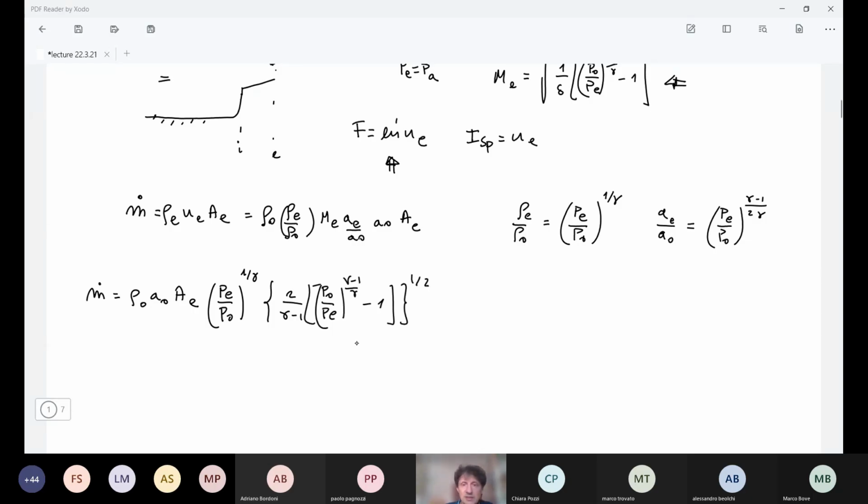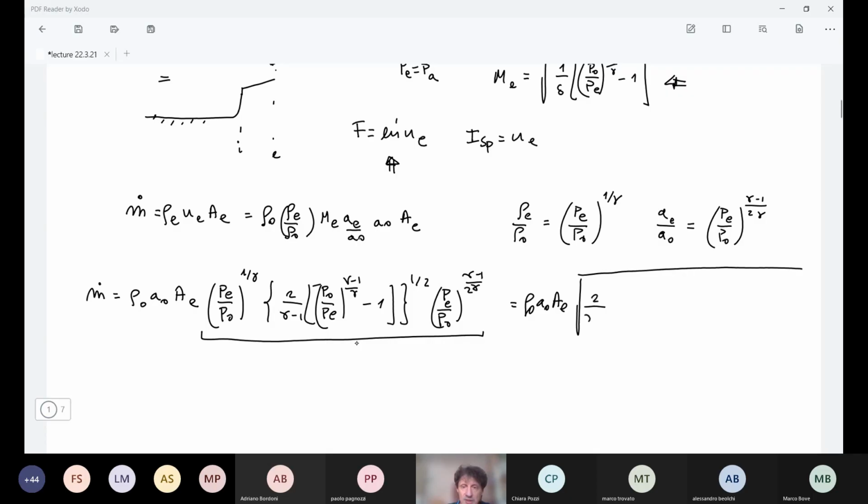And here we have the last term, which is Ae over A0, and so P0 to gamma minus 1 over 2 gamma. So we can put all these terms under square root, and because we have 1/2 here, we have 1/2 here, and so here will be twice the value divided by 2 gamma, and it becomes rho 0 A0e square root of